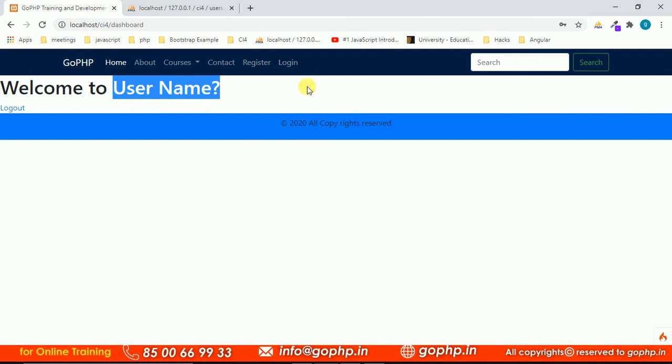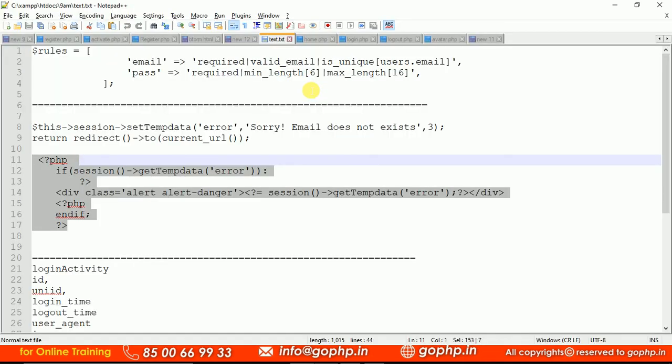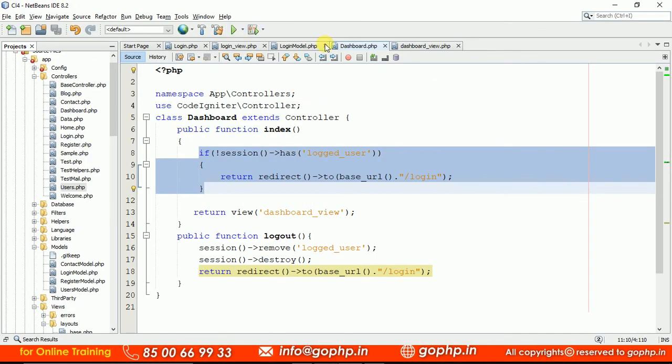And one more thing, how can we use the session globally? We are writing a condition here, but this is not the correct way of writing it in each and every method. So for this, we are going to discuss custom filters. By using filters, how can we restrict people from accessing the logged in content? People should access the data only if they log in. Otherwise, we don't want to allow it. How can we write it in one place to apply to all the secured content? This we are going to see in the next session, guys.